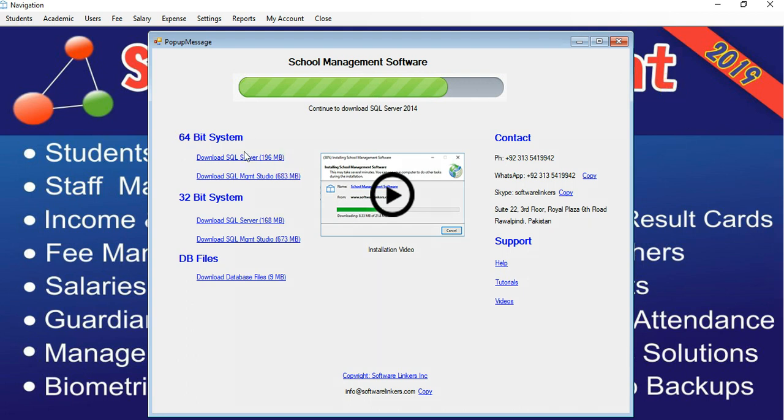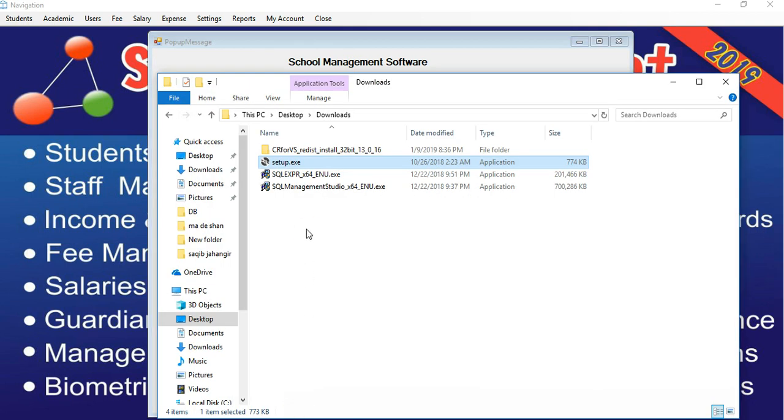In my case, I will download these two files, 64-bit SQL Server and SQL Server Management, and these files I have already downloaded here. So first I will start installation of SQL Server, this file.